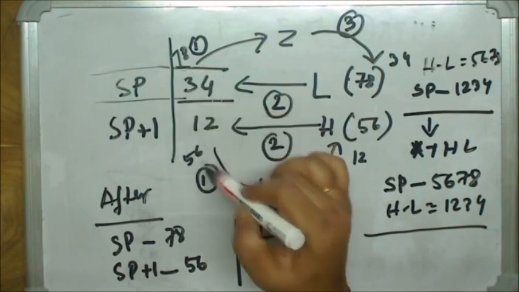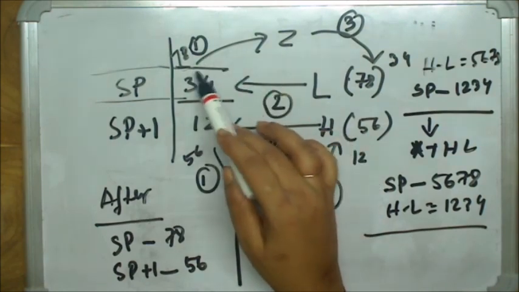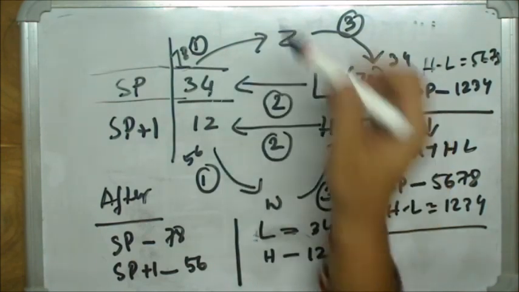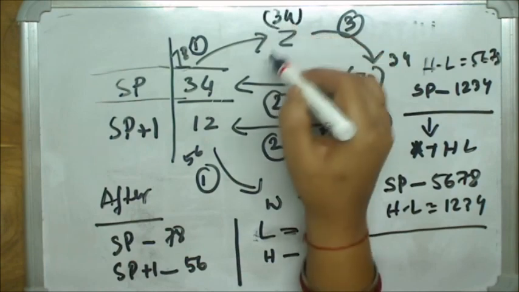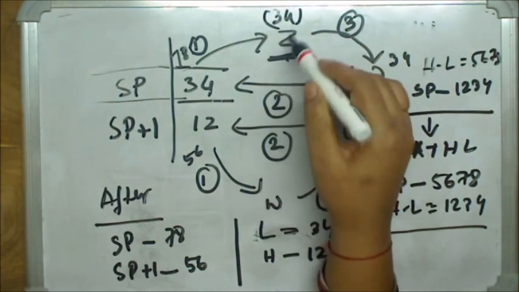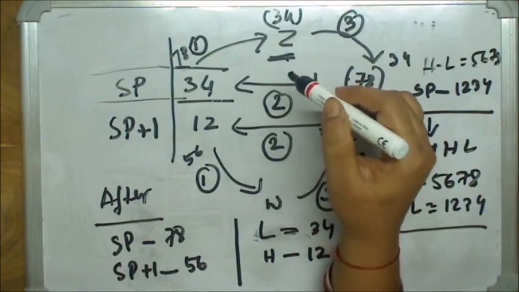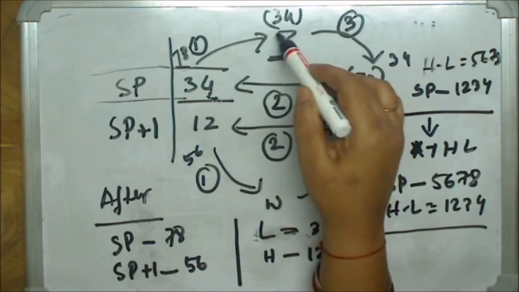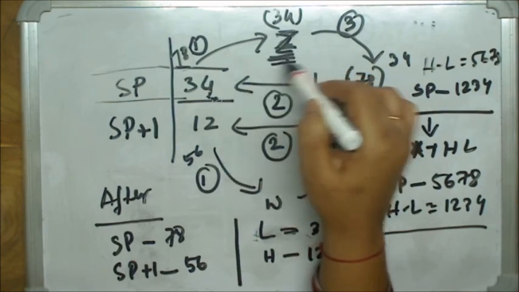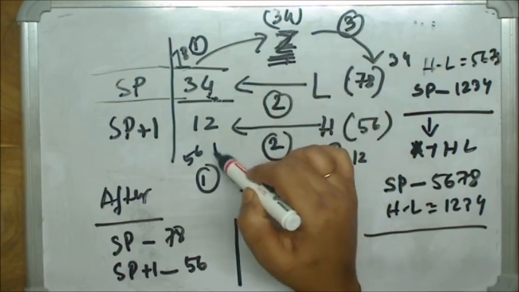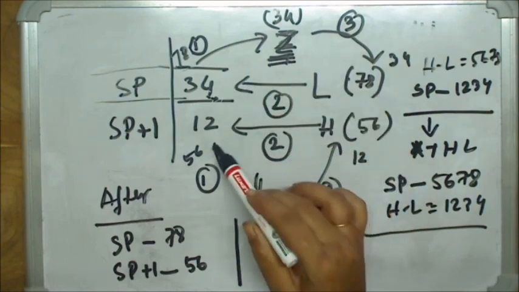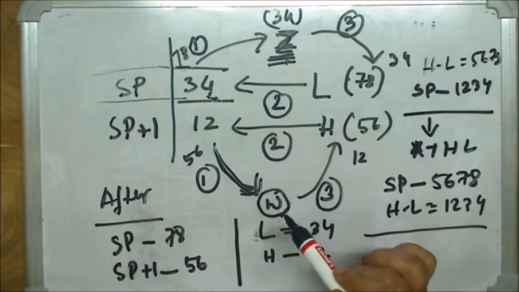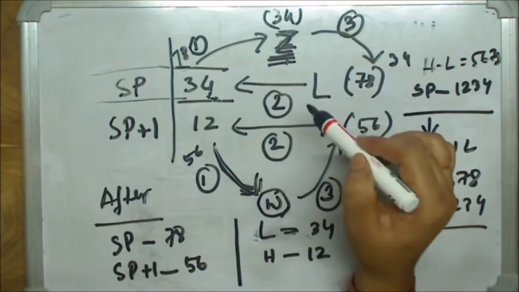See, this is the first step. The content of this 34H will get loaded in Z register. You have to again take the help of the WZ register, the temporary registers. The content of the topmost element of the stack, 34H, will be loaded into register Z, and the higher byte data will get loaded into the higher byte register, that is W. This will happen in the first step. In the second step, what will happen?